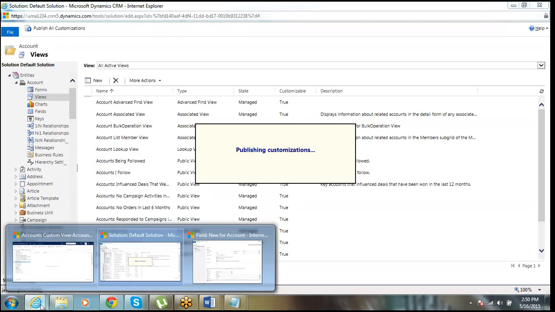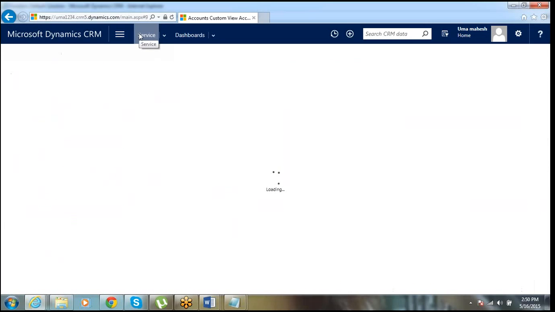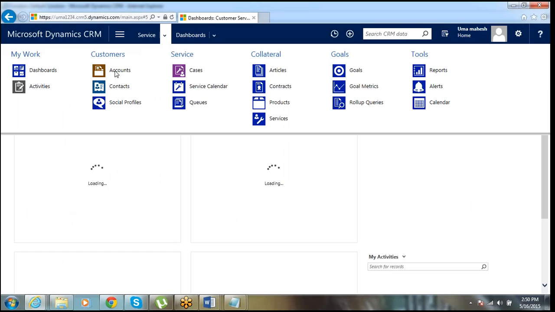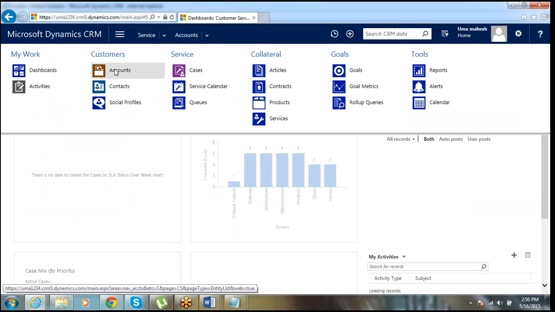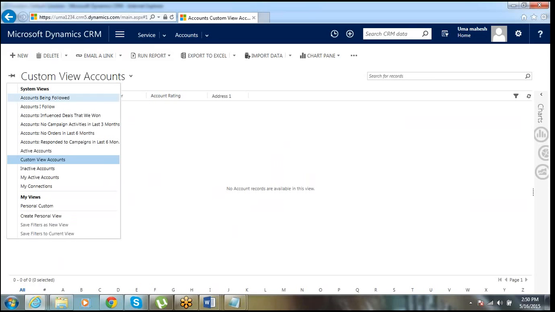If I refresh the account entity, this is my custom view, and it is now the default view. Like this, we can set our custom views as the default view. Because in my customizations, what I have done in my system